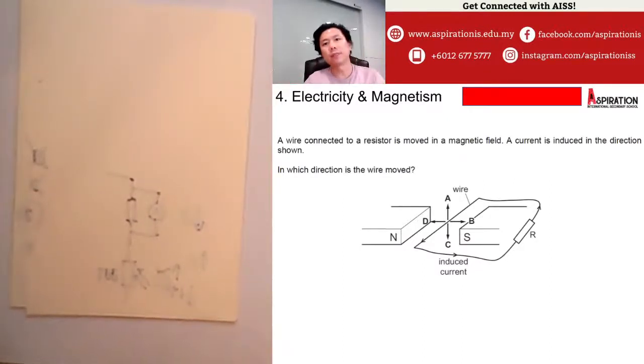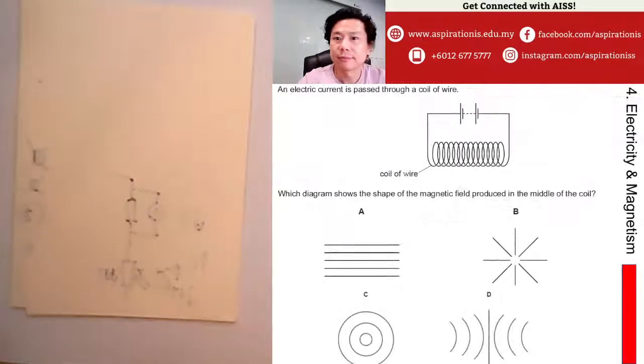I chose this question because I wanted you all to know the difference between Fleming's left and Fleming's right hand rule. Fleming's left hand rule, you use it for induced force, and Fleming's right hand rule, you use it for induced current. Did I say that right? Left hand is induced force, right hand is induced current. Right, moving on. This can be a tricky question, be careful. You've got to understand all the shapes of magnetic fields.